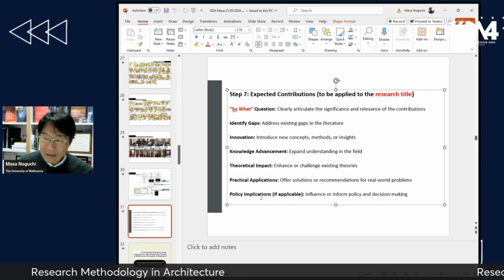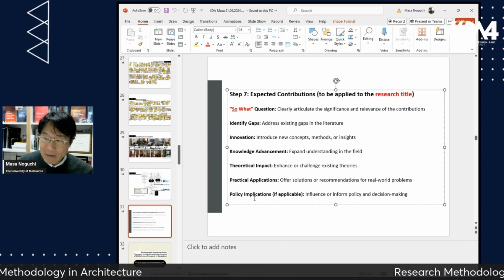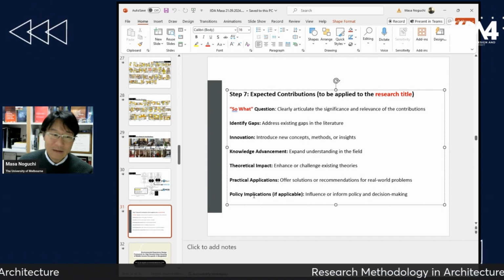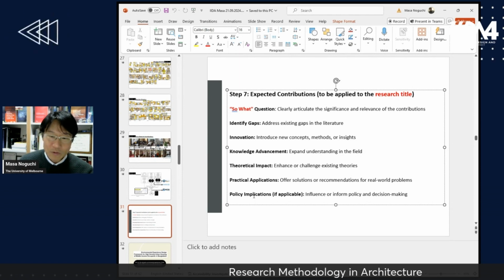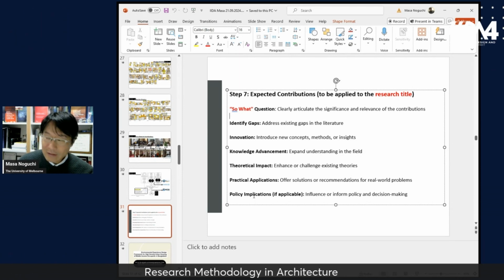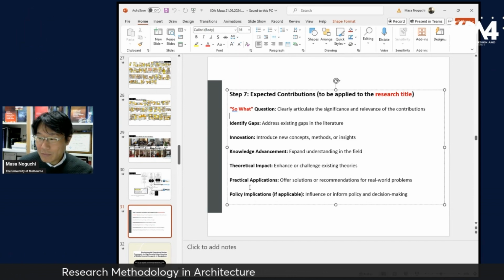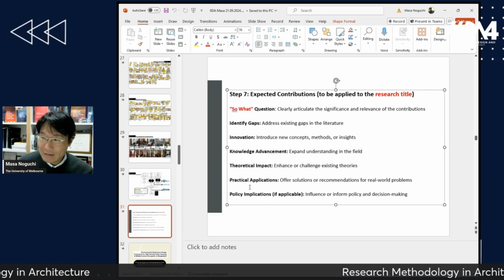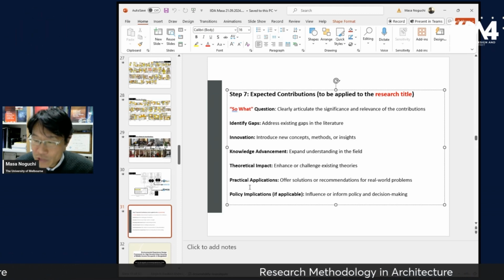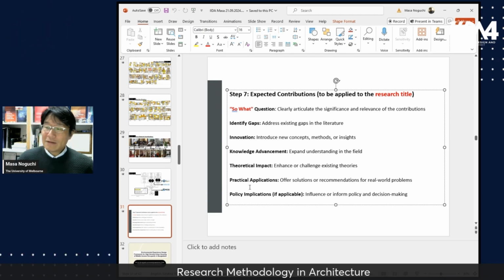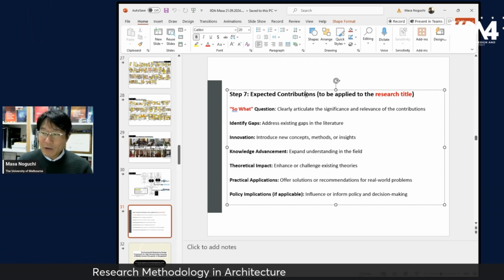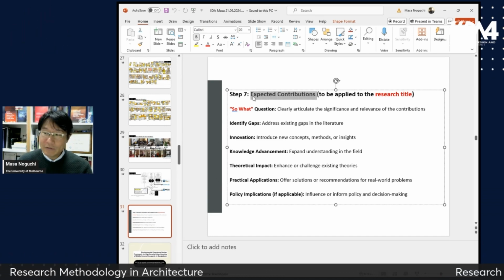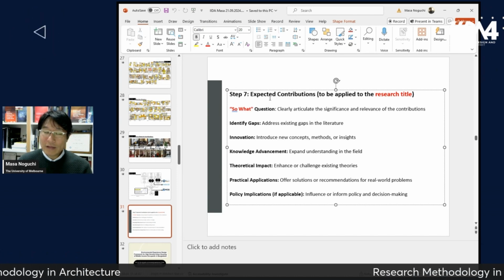And if applicable, the research can contribute to or influence policy decision making in the future. And expected contributions, why I separated them from the rationale for the study, is because